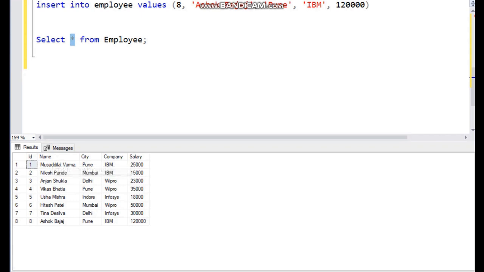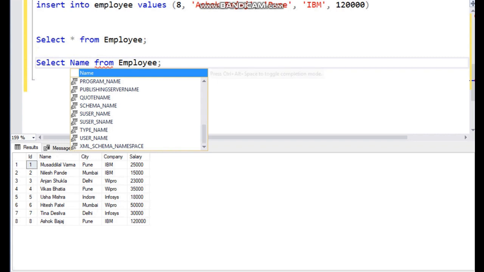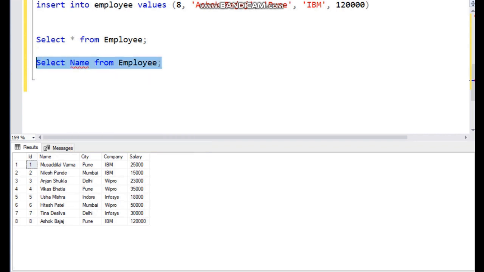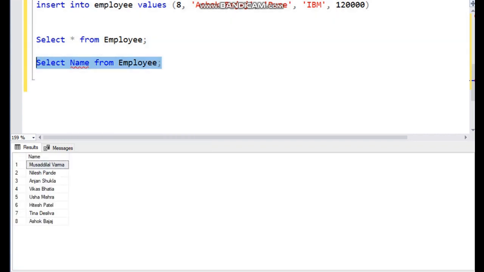The query will be select name from employee. So this will give me only one column. Understood?